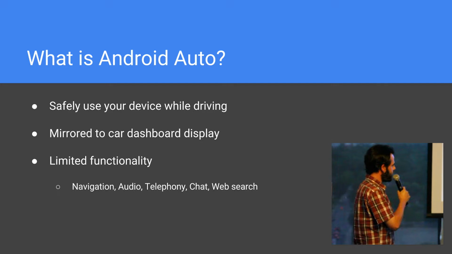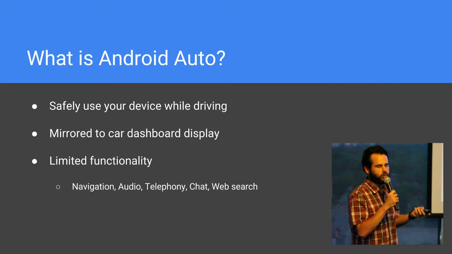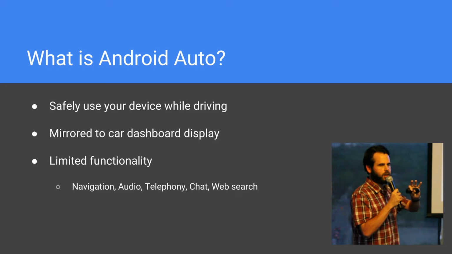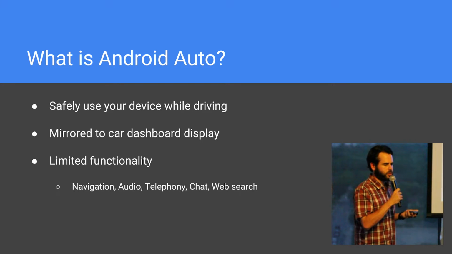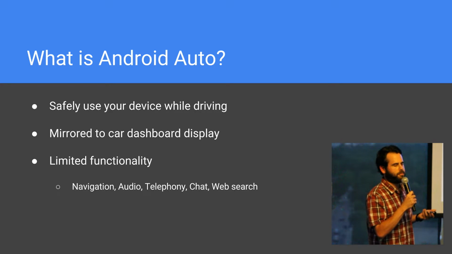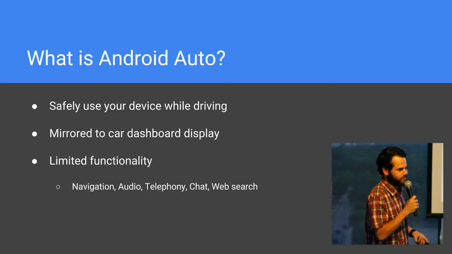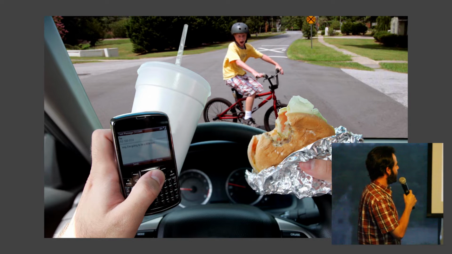What Android Auto does is you plug your phone into the car and it mirrors your phone's display onto a head unit that's installed in the car, and it lets you use your phone with limited functionality. So it lets you use navigation, listen to music, send messages, call someone, and do web searches if you want, which is kind of weird, but it's cool, I guess. The whole point is to avoid this from happening, and that's a really old phone. But anyway,